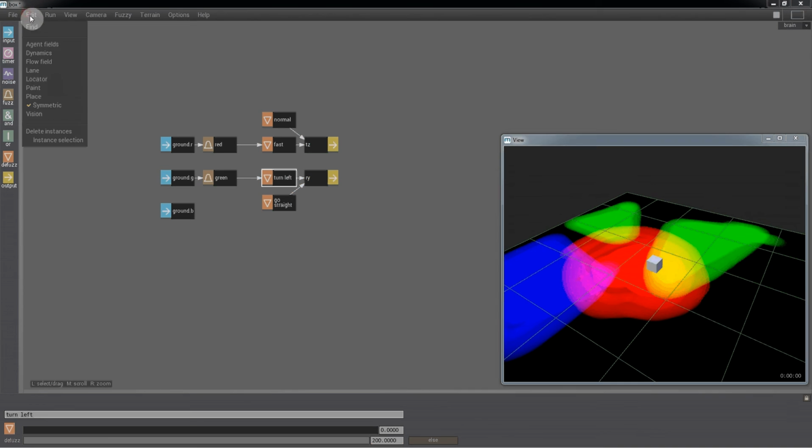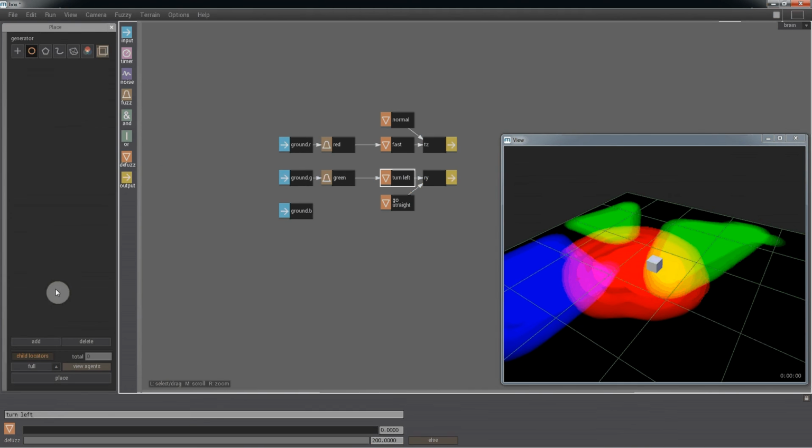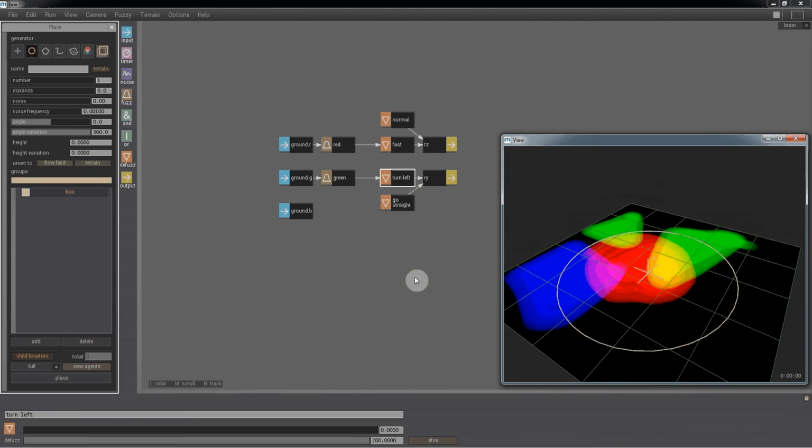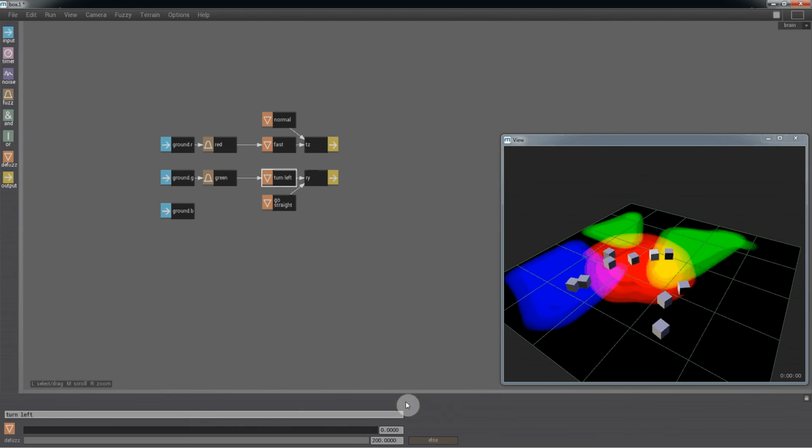So let's have a look and add a bit more agents onto the scene. Place, and then let's see,